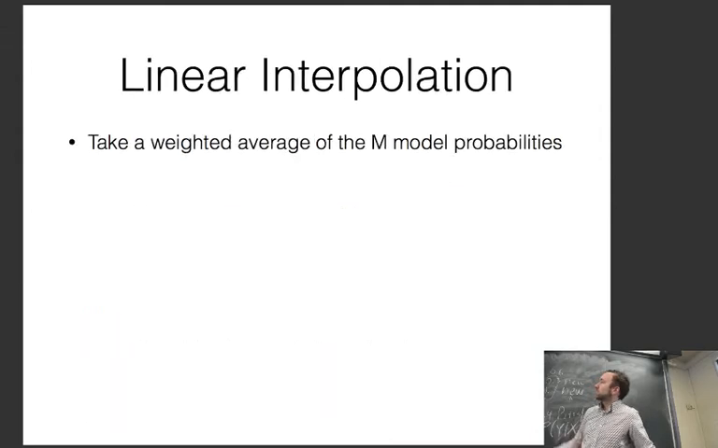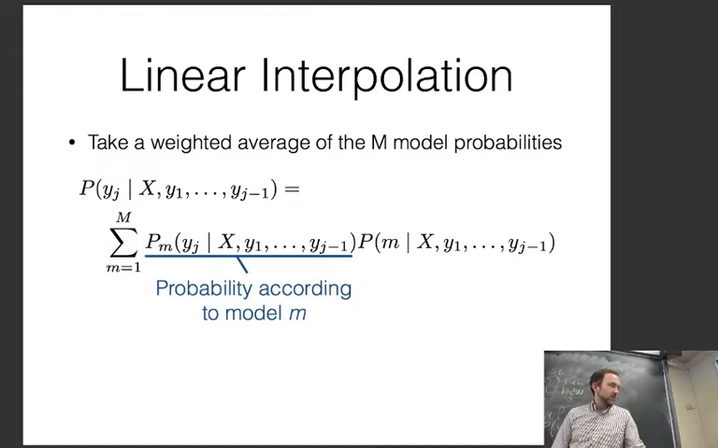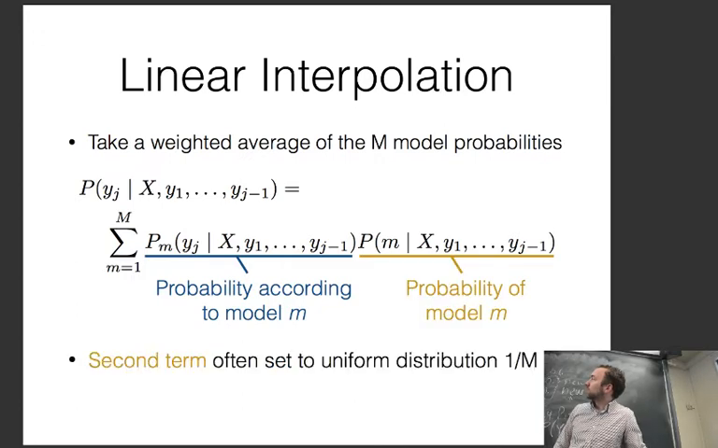So let me explain how you do this in an actual model. What you do is when you calculate the probability, you take the weighted average of m model probabilities. So this is the probability according to model M, and this is the probability of model M. The second term is often set to the uniform distribution, 1 divided by m. So what this means is basically,